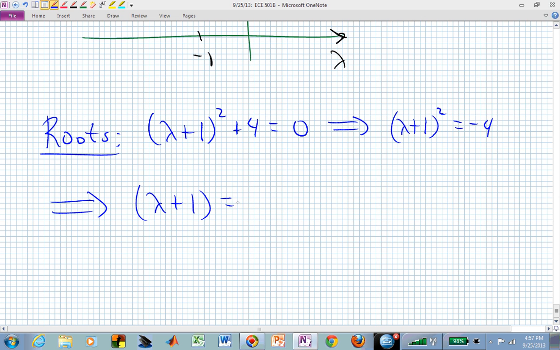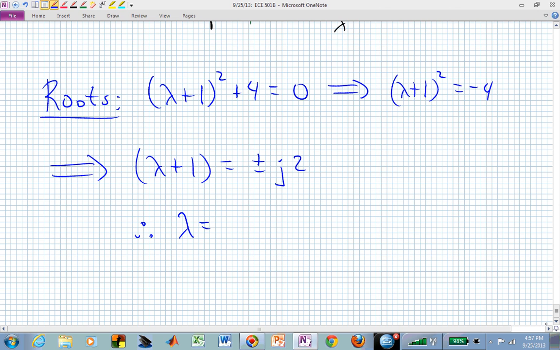But I can take the square root of a negative number by introducing this j term, so that I now have plus and minus j2, which says then that the roots needed to satisfy that quadratic are actually complex. And so if I was living in the field of F being complex, then I would have eigenvalues. But if I restrict my case or my field of numbers to be real, that matrix doesn't have any eigenvalues that are real. But these are minus 1 plus and minus j2,